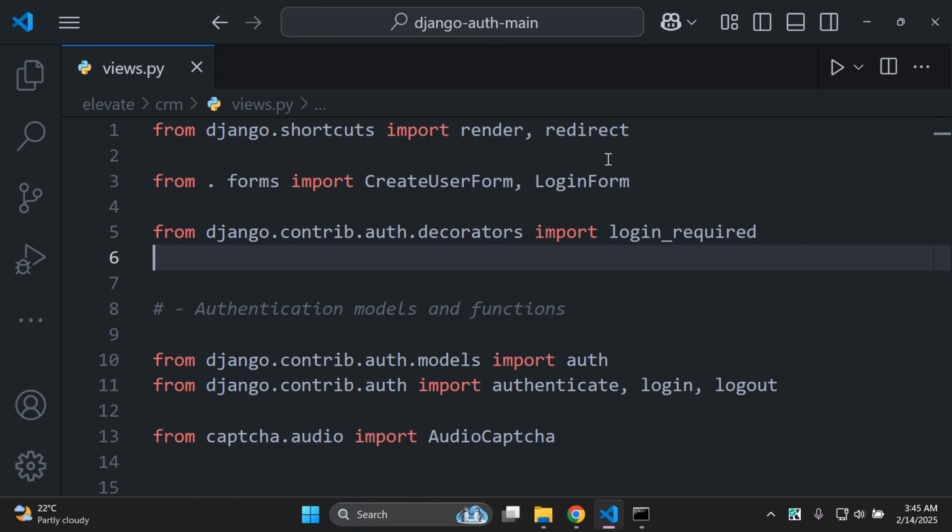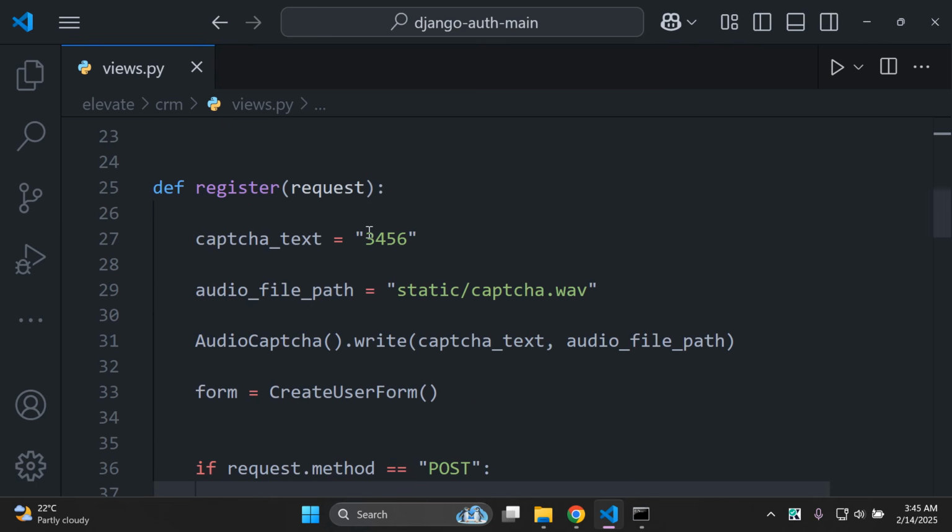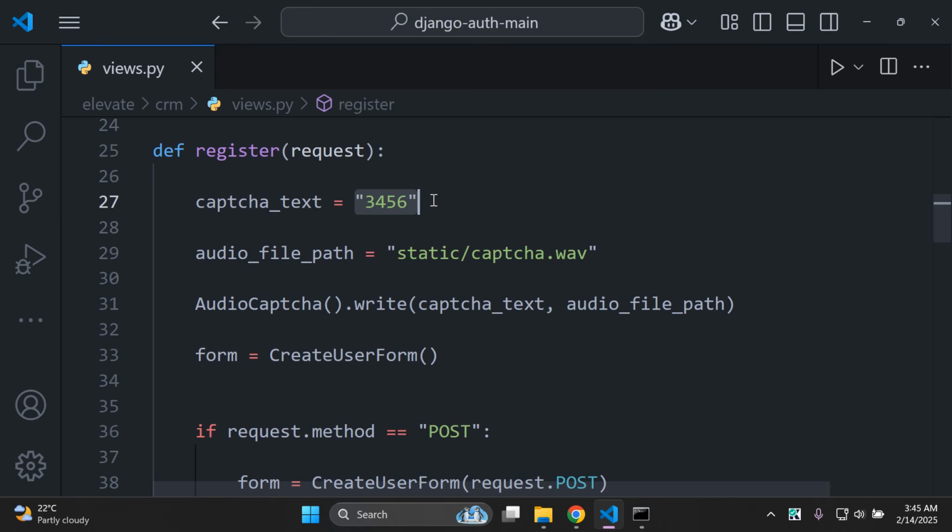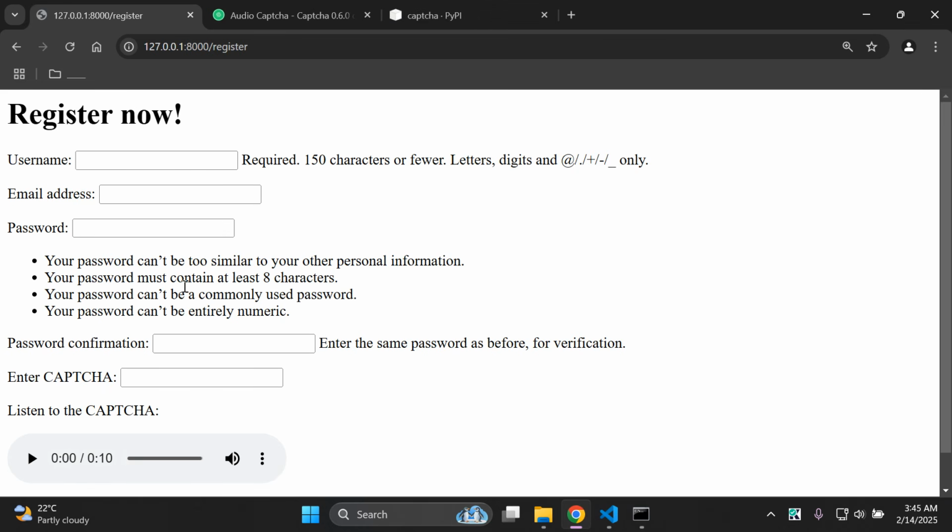So now what we're going to do is, instead of hard coding in a particular value here, we're going to make this a bit more dynamic and generate a new CAPTCHA each time. Now, here comes the trick. We need to ensure that our users will be able to get a new CAPTCHA in terms of the number order when they refresh. It's going to have to be new every time,